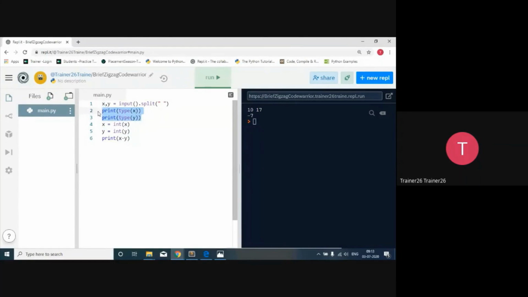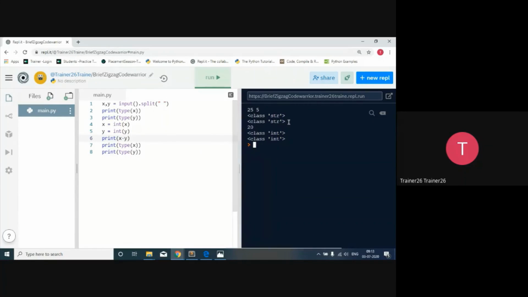And when we try to print, after the result, let's print their types. Initially you can know that. Expecting some value, I'm going to give 25 space 5.